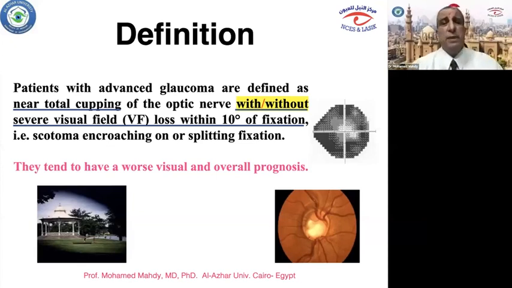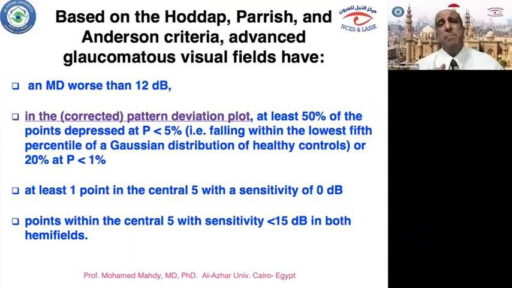Based on the Hodapp-Parrish-Anderson criteria, we should know that this is the classic definition of advanced perimetric glaucoma: a mean defect of more than 12 decibels in the corrected pattern standard deviation, 50% of the points depressed at P less than 5%, or 20% of points at P less than 1%. At least 1 point in the center 5 degrees with a sensitivity of 0 decibels, and points in the center 5 degrees with sensitivity less than 15 decibels in both hemifields. But this applies for